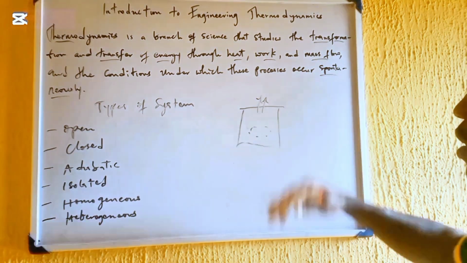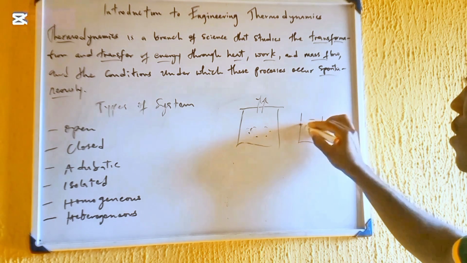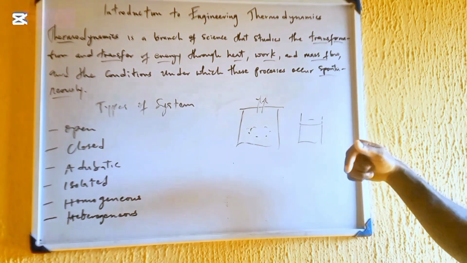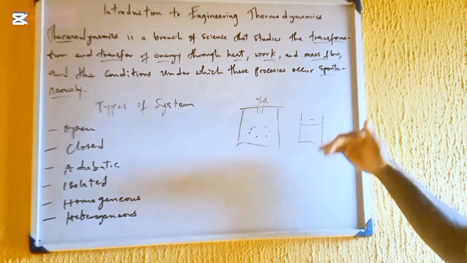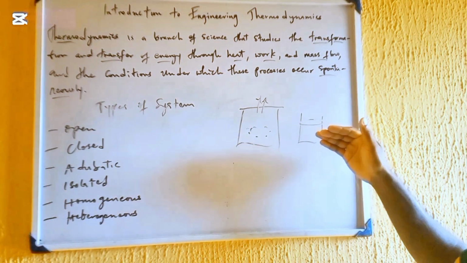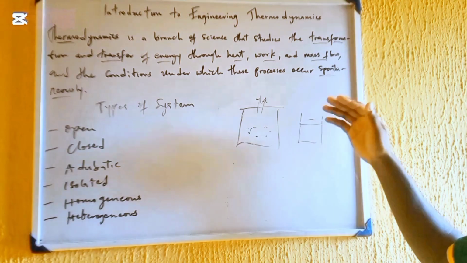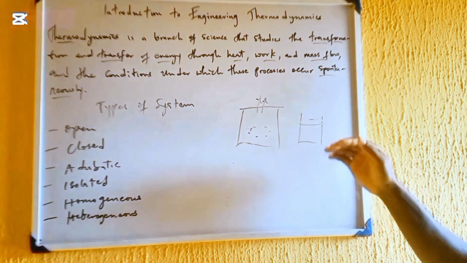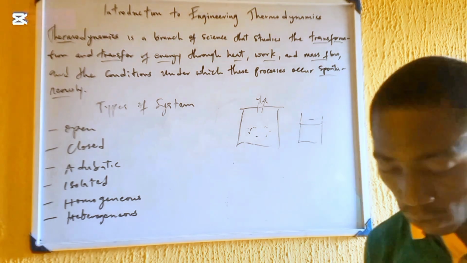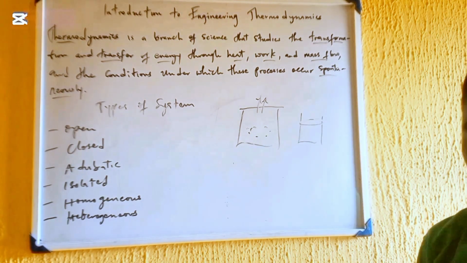Now, in the case of energy flowing out in terms of work, if you have a piston cylinder assembly, because this piston is moving, that energy transfer is by work, because the movement transfers energy. So the energy transfer is by work. There can also be energy transfer by heat, because in the course of the movement, of course, we are expecting chemical reaction to happen, which will also generate heat energy that can flow across the boundary. So that's for closed system. Energy can flow across the boundary in form of heat or work, but matter cannot do what? Cannot flow out.